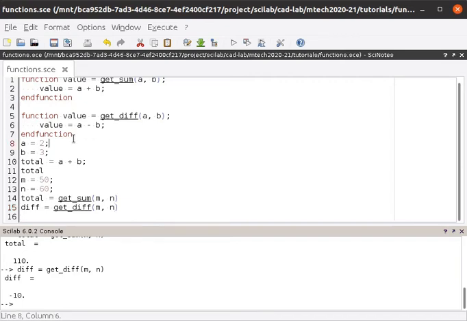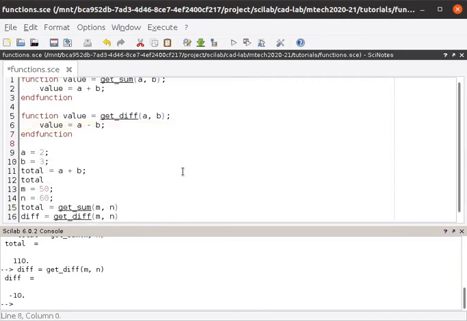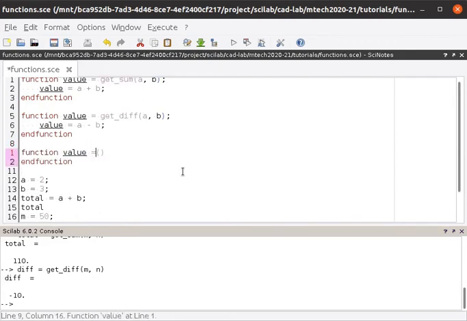Same way I would like to give you some kind of task, that you declare a function for multiplication, getmultiplication. Whatever name suits you, you can declare the function with that name.